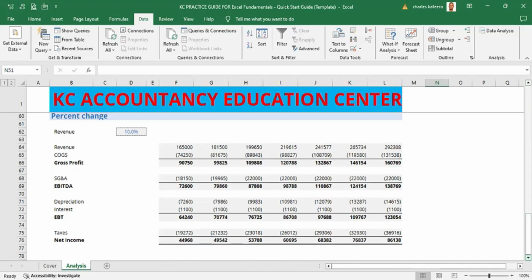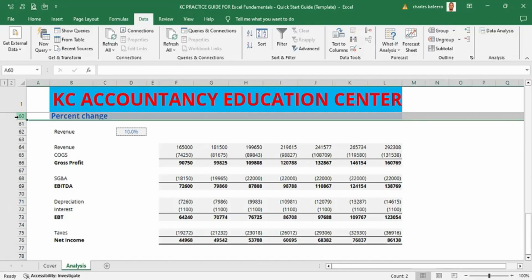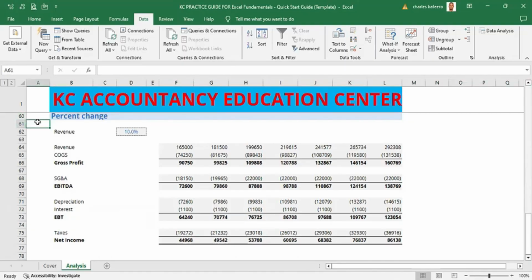Just like that. We can also try to, so we have the percent change. And now what we are going to do, we are going to highlight from this cell here, from this row. We are working on that percent change. So we start from, we skip that line, then we start on the next one, row 61. We highlight downwards using the shift key. Hold down the shift key, then you use the down arrow to highlight downwards until you finish all the